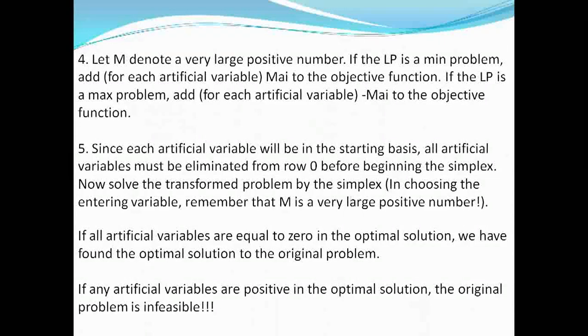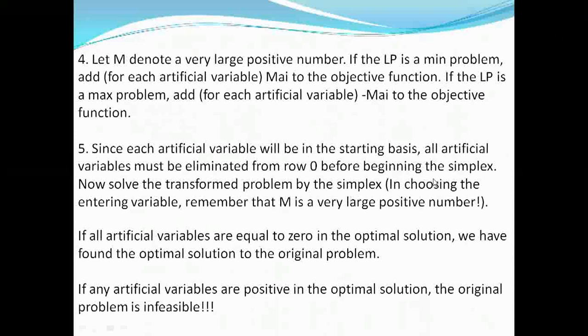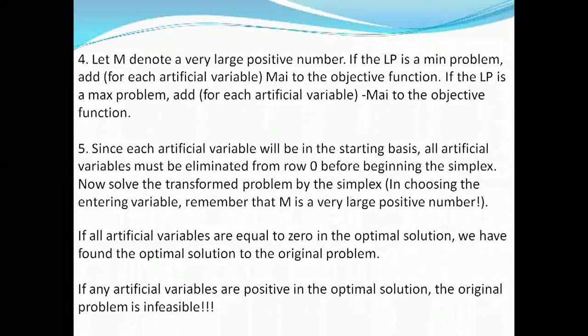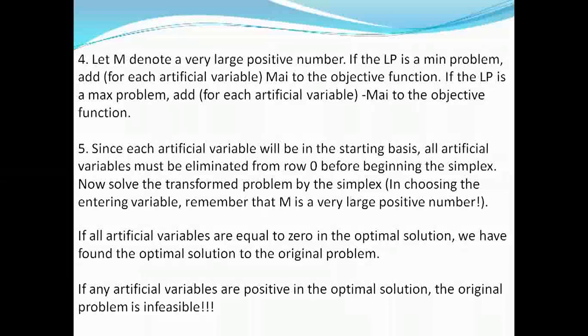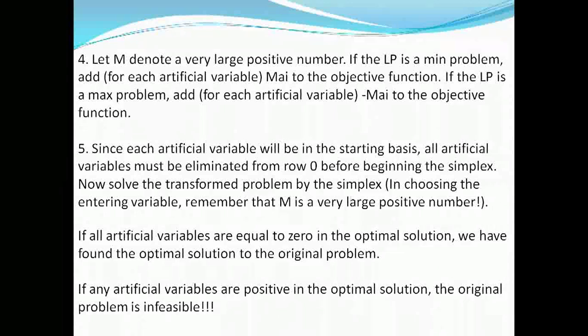And finally, this artificial variable will be eliminated with respect to the 0 from the row 0. In the first phase itself, we will be eliminating this artificial variable, because artificial variables are constant numbers. So constant numbers need not exist for us to solve the problem. Hence we will be discarding it in the first row of solving the problem itself.